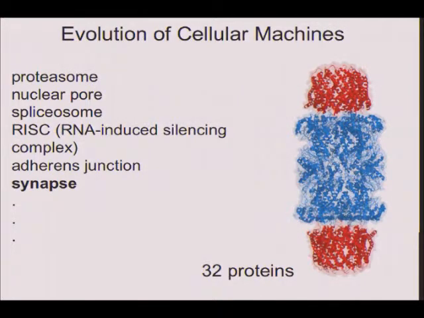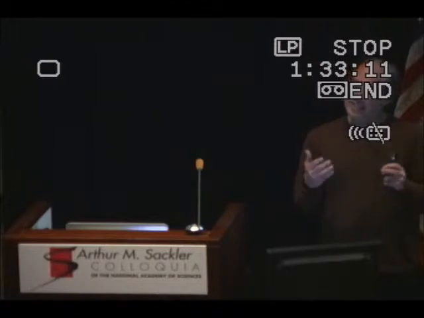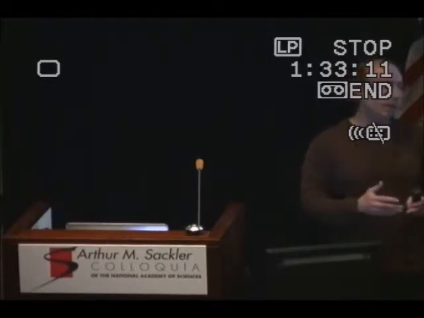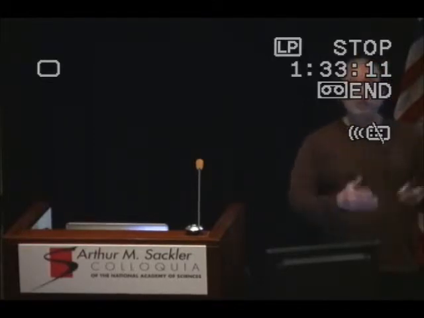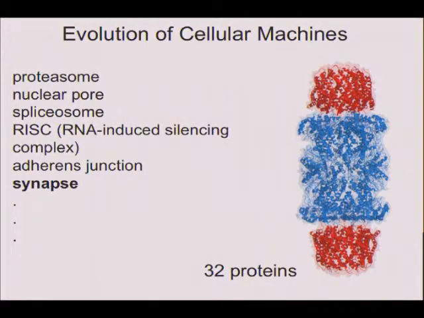This is the proteasome right here with 32 proteins. But the evolutionary driver for a cellular machine is most likely to be protein-protein interaction domains. These things have to be assembled, and if there are 32 proteins in a machine, it's likely that at some point there is selection for every single one of those interactions. And they may be happening collectively in some way, but these machines are obviously not, over evolutionary time, assembling